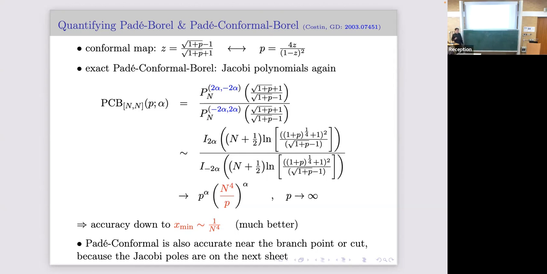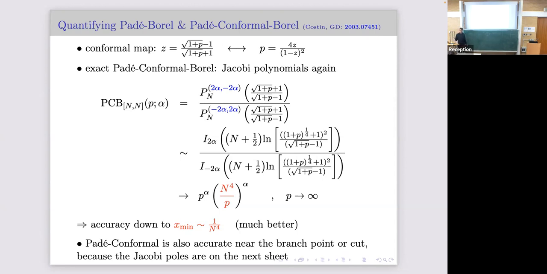Now, this is well known and well used in physics, but in almost 99% of the cases, they miss the point. The point is to then do another Padé. If you just map into the disk, it's exactly the same as doing that. But if you do both, you gain another factor of n squared. So if you do this map, then in fact the exact Padé polynomials are different Jacobi polynomials. The index is now 2 alpha instead of alpha. The argument is the conformal map's inverse. And now you can again use the asymptotics. You see that now it scales like an interval.